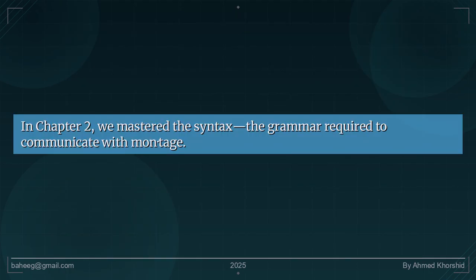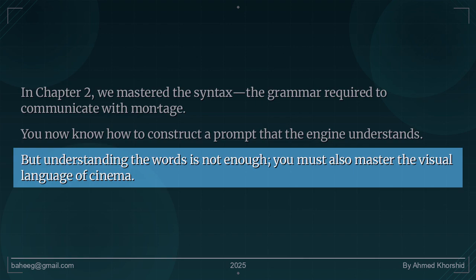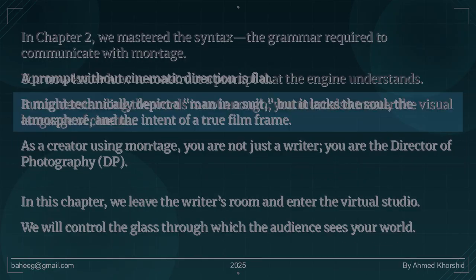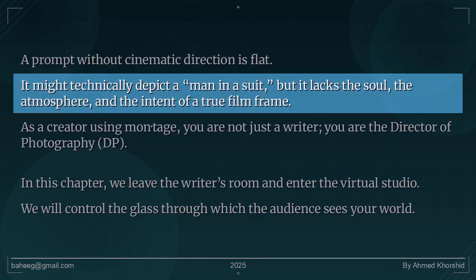In Chapter 2, we mastered the syntax, the grammar required to communicate with Montage. You now know how to construct a prompt that the engine understands. But understanding the words is not enough, you must also master the visual language of cinema. A prompt without cinematic direction is flat. It might technically depict a man in a suit, but it lacks the soul, the atmosphere, and the intent of